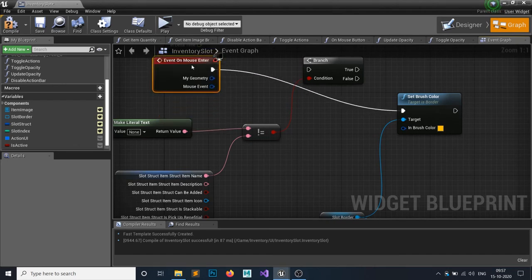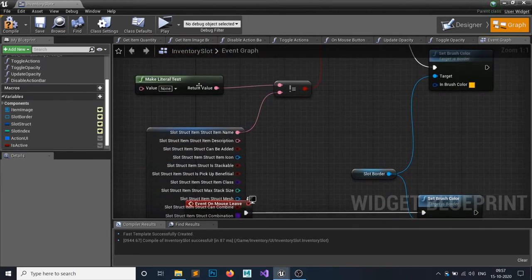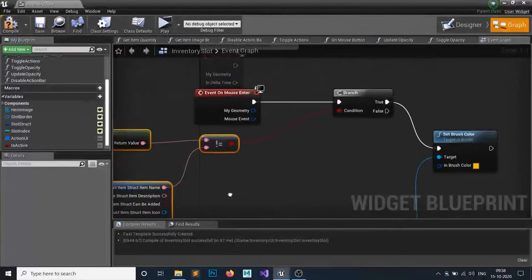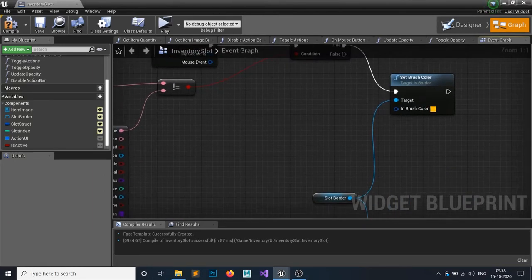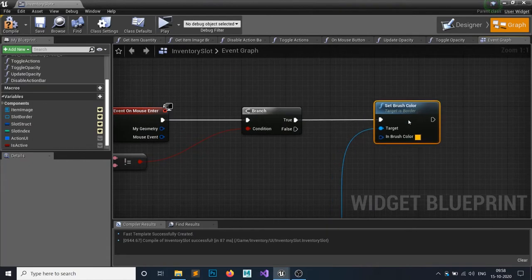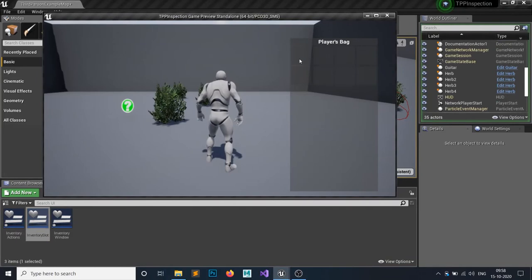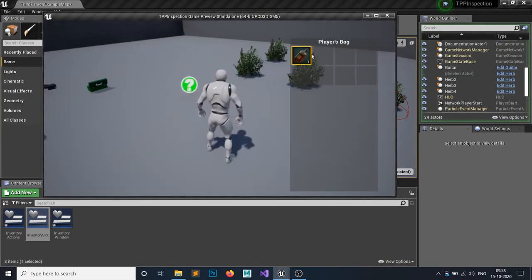On your mouse enter, we want to check if our slot is not null, and then set it back to this. We don't need this, delete it. If you play this, you can see we cannot do the hovering part, but if you add this, on the first we can do this one, but for the rest it cannot be done.